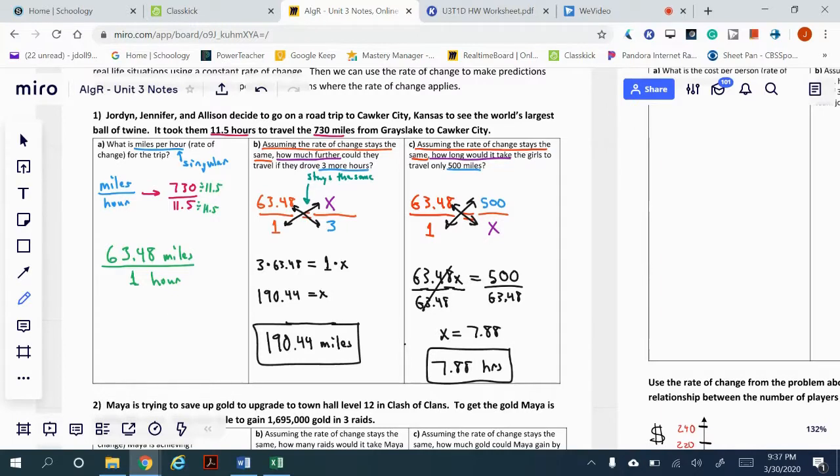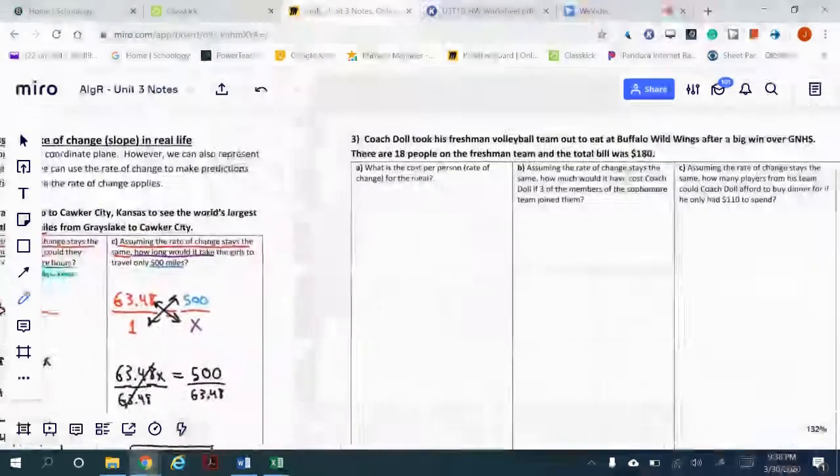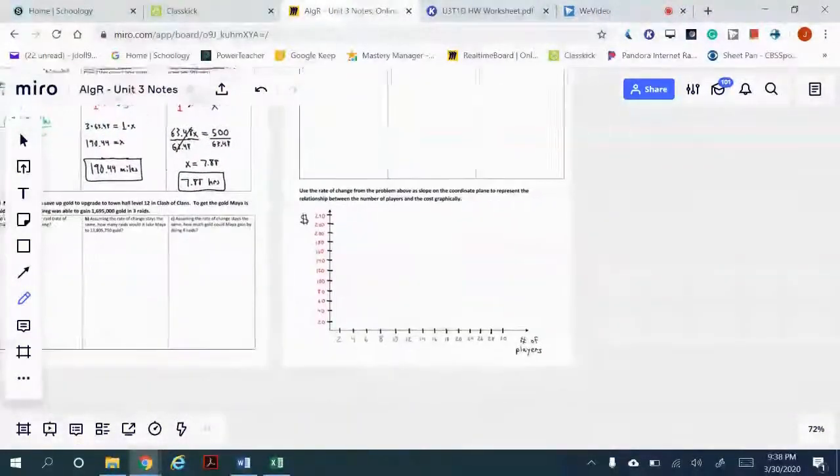All right, so this is an example of how we can take a real-life rate of change, a real-life slope, if you will. Rate of change is just slope in a coordinate plane, right? And use that to then make estimated predictions, educated predictions about what's going to happen in the future. Want to look at one more example together here, just so we can talk about this graph here,